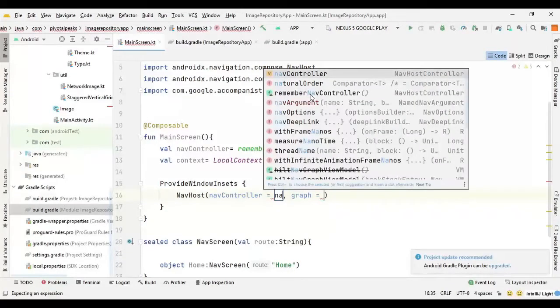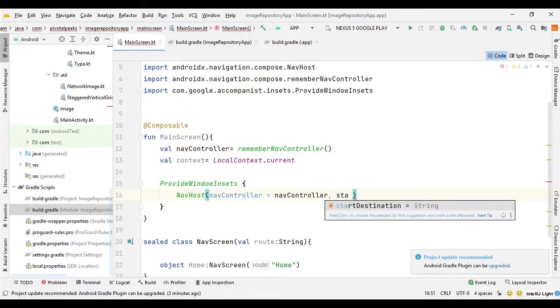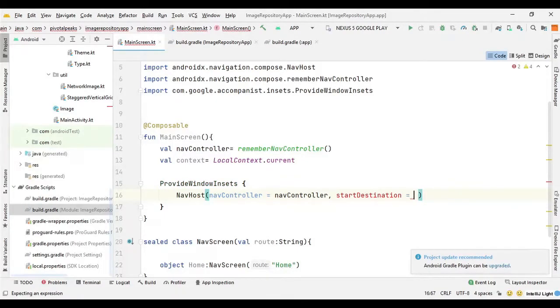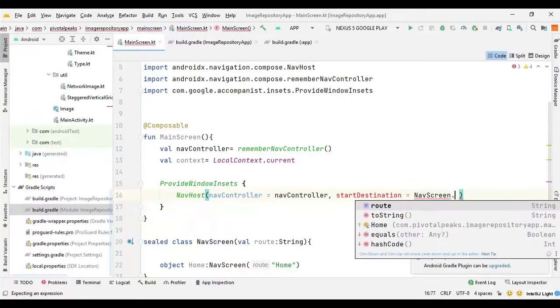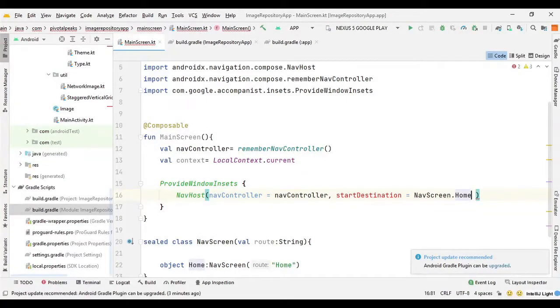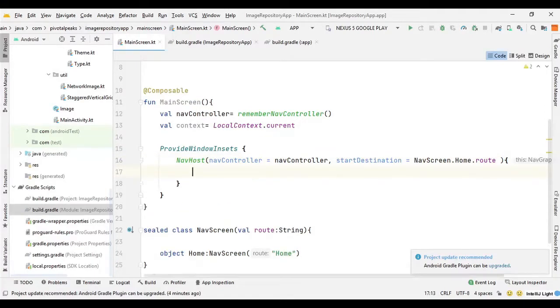We don't need the nav graph, we need a start destination. So we can say startDestination, and we can set it to NavScreen.Home.route, and then we can provide the nav graph builder. In this nav graph builder we create the routes through composable functions.